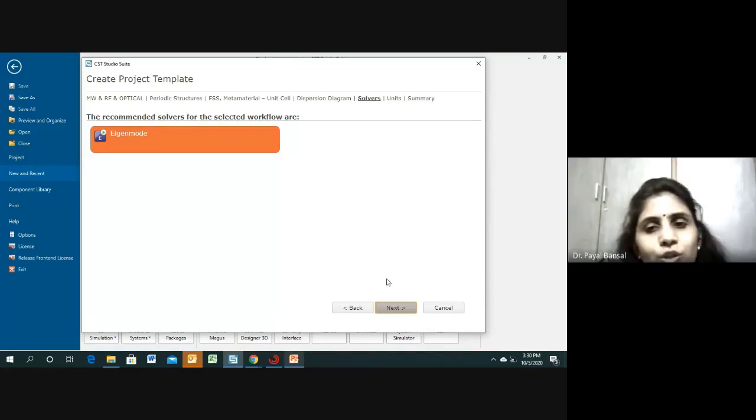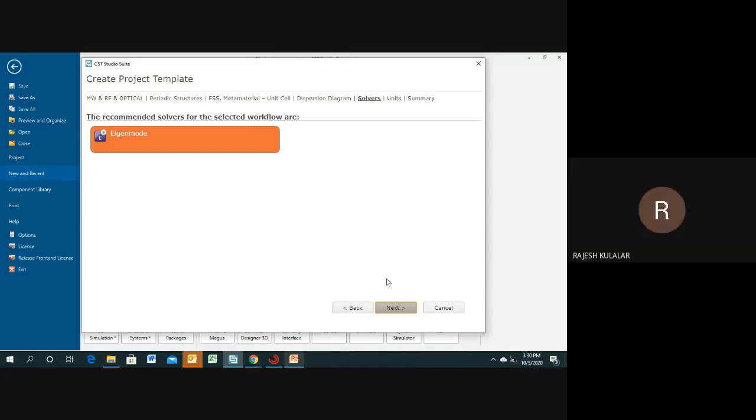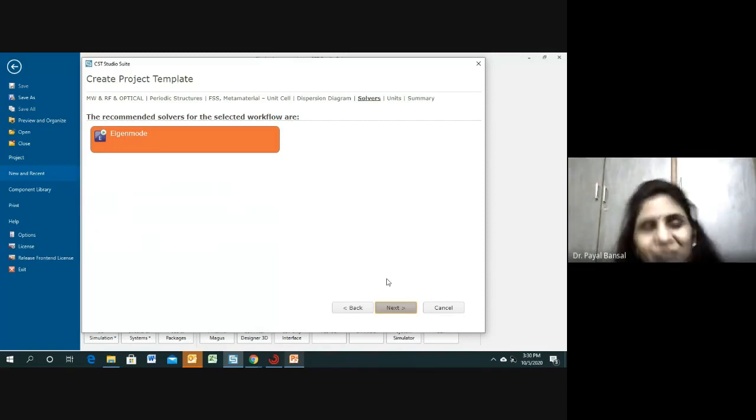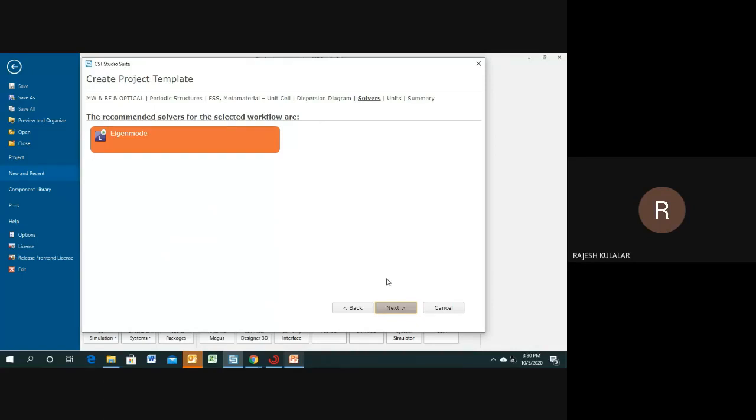Sir, at the same time, if I'm taking a lossy material or a lossless material, can the designs differ for both? Yes, it will differ. Actually, in metamaterials we don't use lossless, because in practical cases it's very difficult to get a lossless material. You can get one, but in metamaterial FSS type applications, in most cases we use lossy material. For a particular application you need to use lossy material, not lossless material.